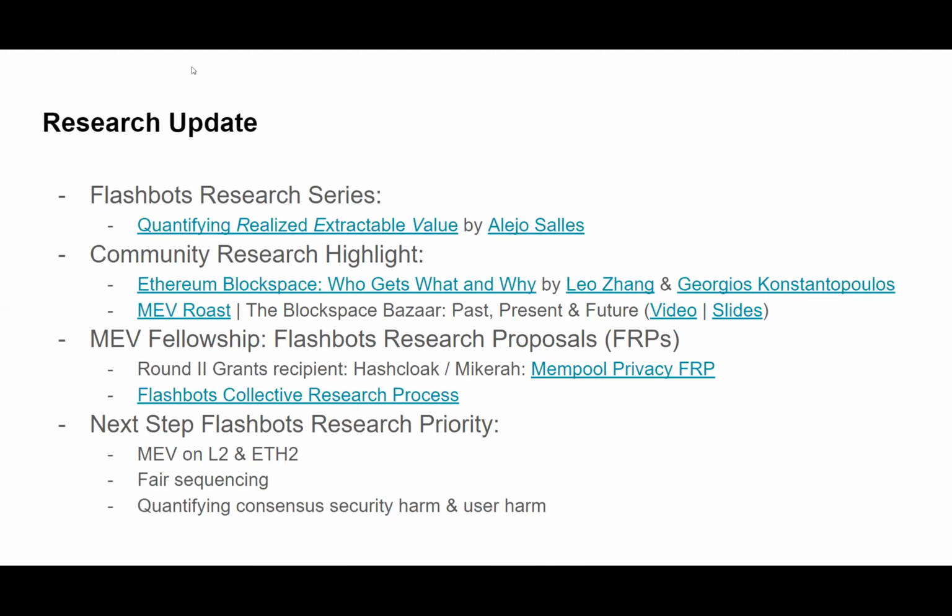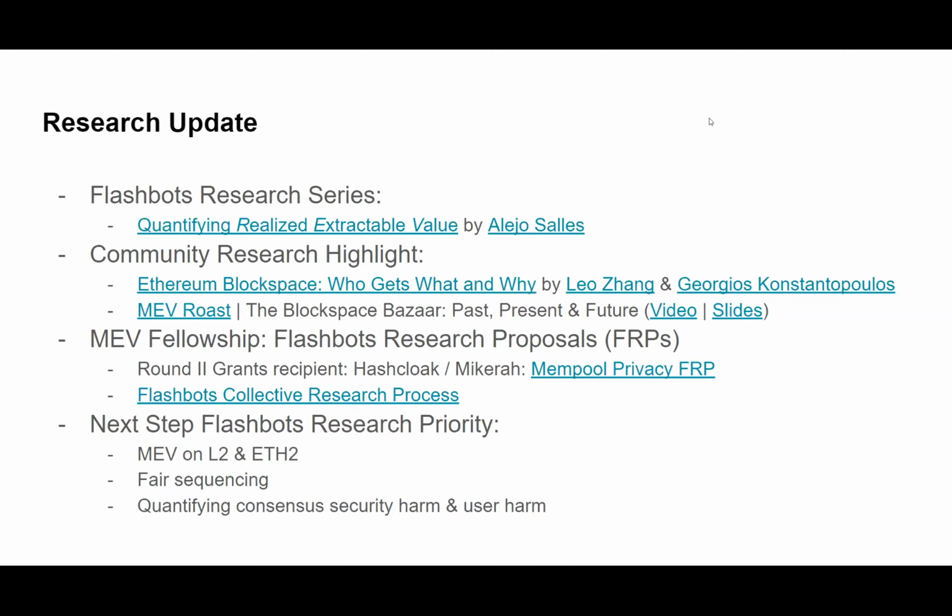And I have to say, there's been talk about how gas prices recently on Ethereum have dropped significantly, and part of that being due to Flashbots actually making everything more efficient, right? And making this cost not be paid by the users, essentially. So reducing this external cost. So that is the first point. We will have more coming up, which I'll talk about a little bit in a second.